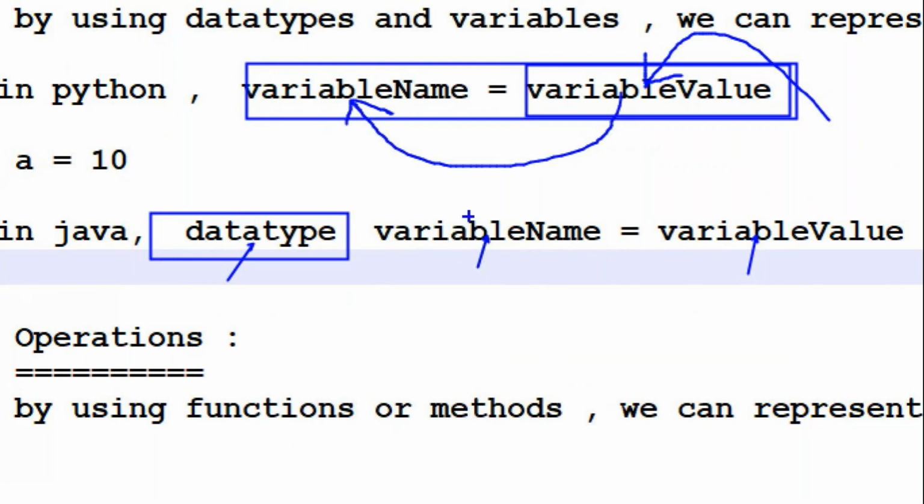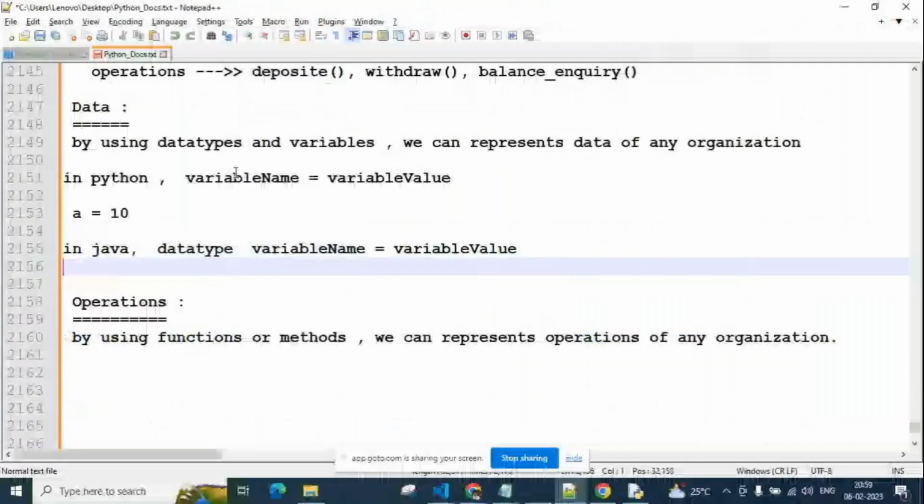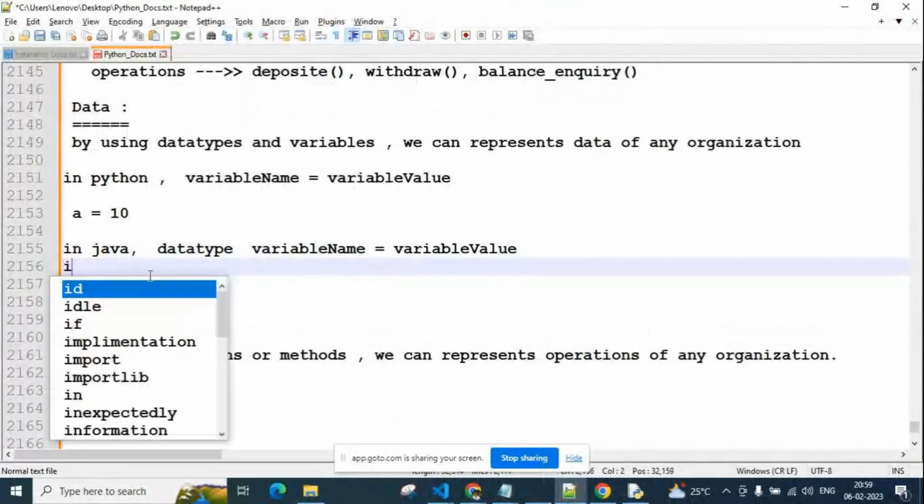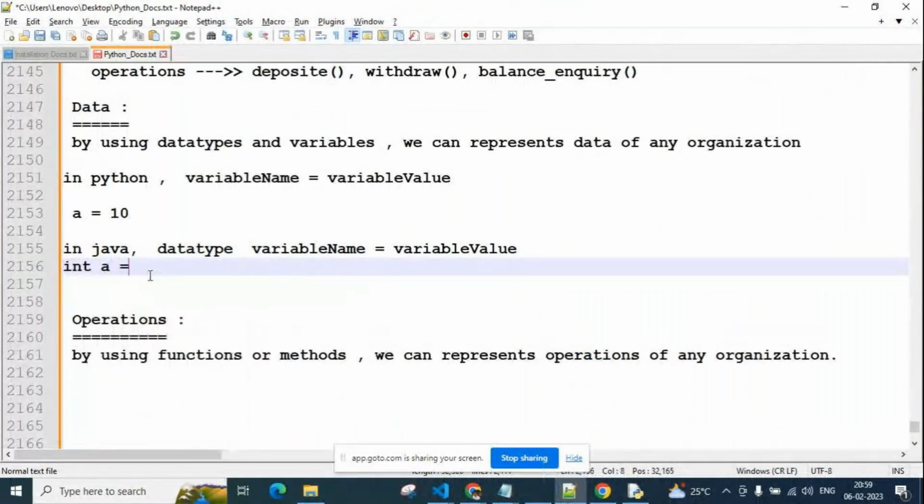But Java is not like that. Before assigning the value to a variable, we need to represent what type of value is required in this variable. So this is called static data type. This is called dynamic data type. For example, int a = 10.